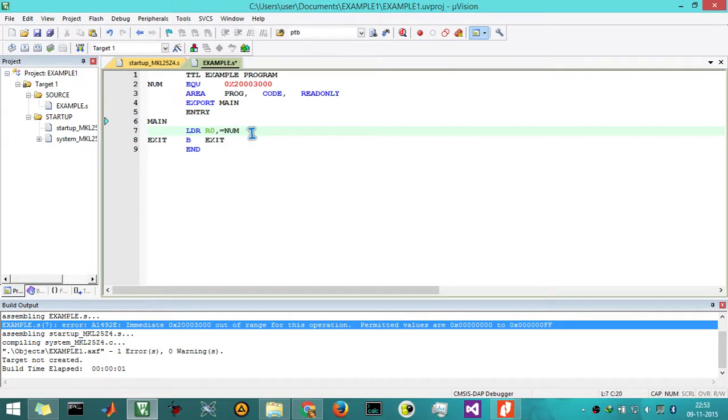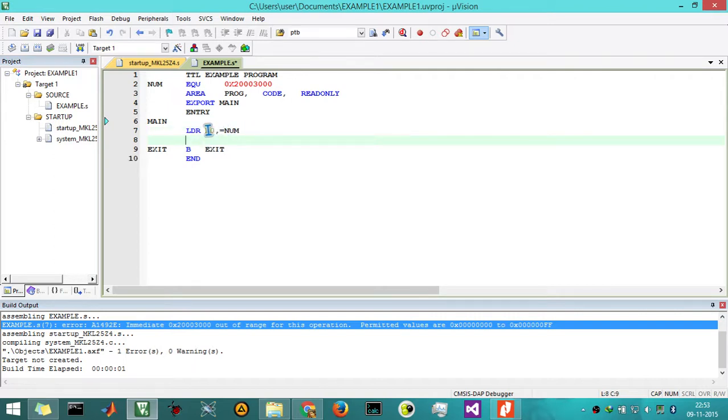So =num makes the value of num, which is 0x20003000, be loaded into the register R0. In this way we directly move a 32-bit number into a register without the use of the MOVS instruction. The MOVS instruction limits the usage to 0 to FF only.